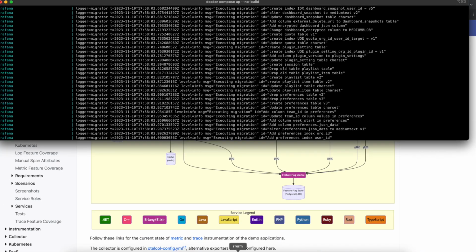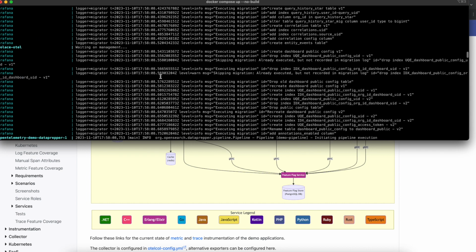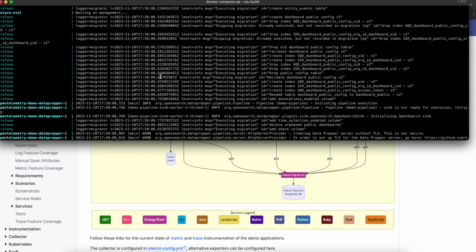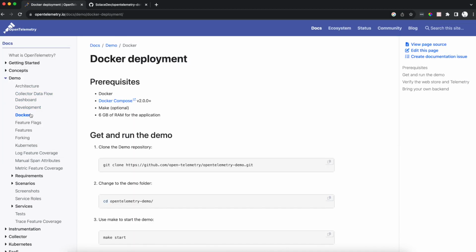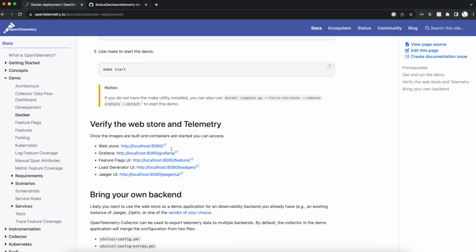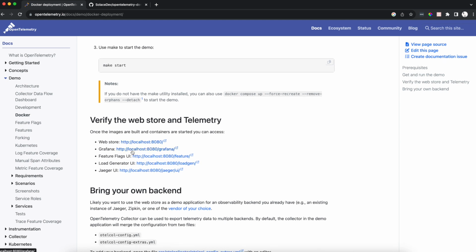Let's go back to our Docker Compose to see if everything is built. So there you go. All our Docker images have been pulled, and now the application is running. If you go to the Docker section over here and see what are the different services that are built and run behind the scenes for this